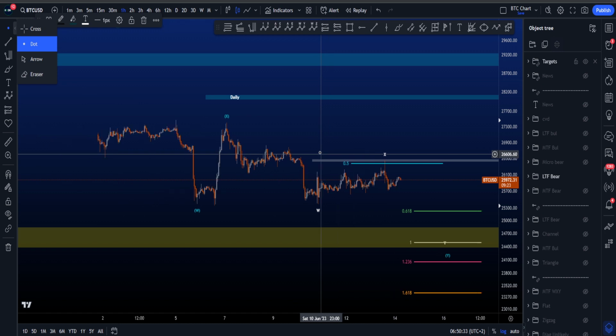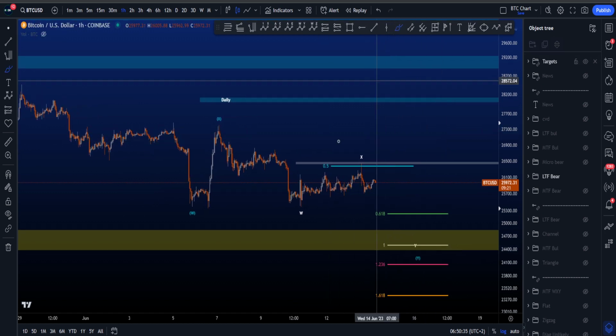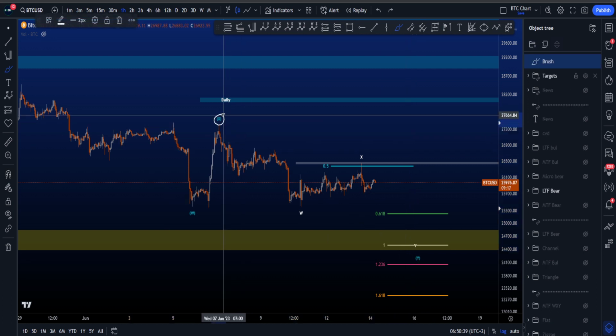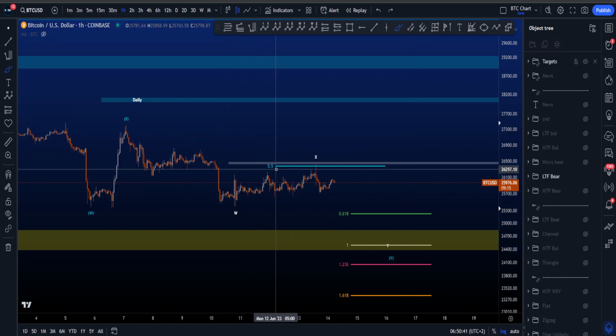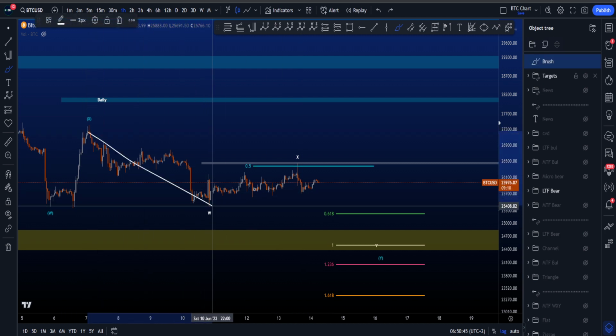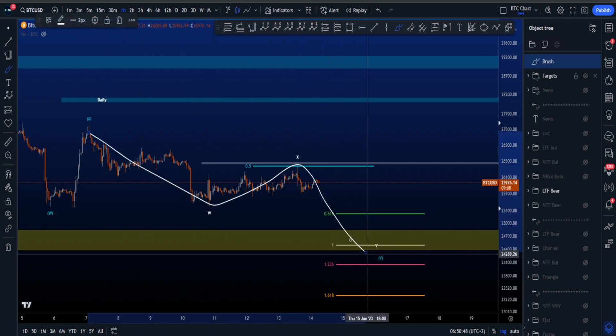But still, if we then zoom in and we go to the 1 hour, then over here what we're looking for is again a W, a short X and then a wave Y. So a short X, even though it is very unlikely, it can still be possible. And then we're looking for like a double zigzag. So we then have a W, we have an X, and then we're looking for a wave Y to the